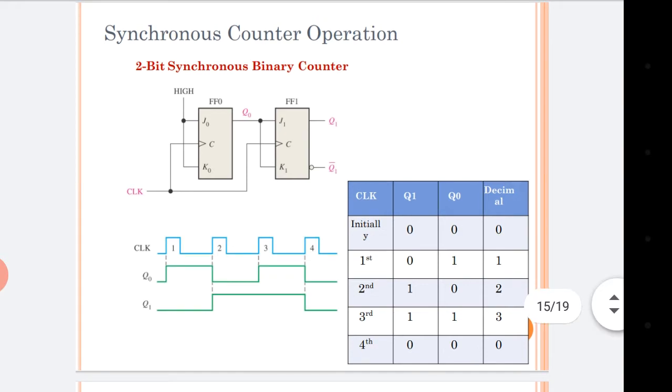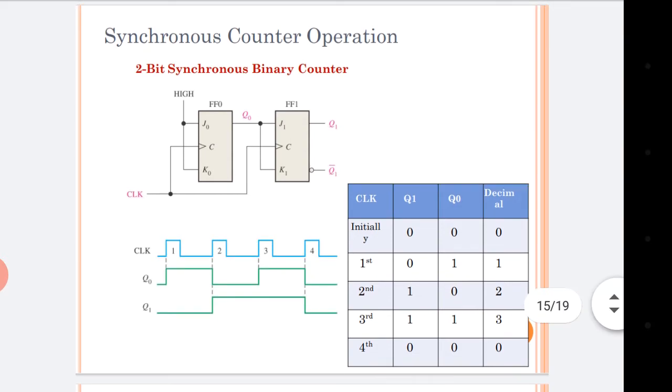How? At the instant at which the clock was applied, the input of the first flip-flop was 1 and the inputs of the second flip-flop, J1 and K1, were both connected to 0. Now when the clock is applied, Q0 will become 1 and Q1 will remain 0 because its input was 0. Now for the next clock pulse it will toggle. So observe what will happen at the next clock pulse.